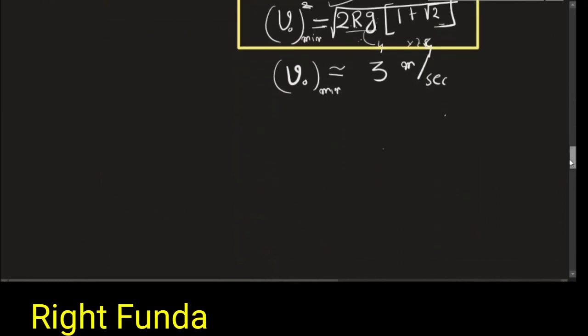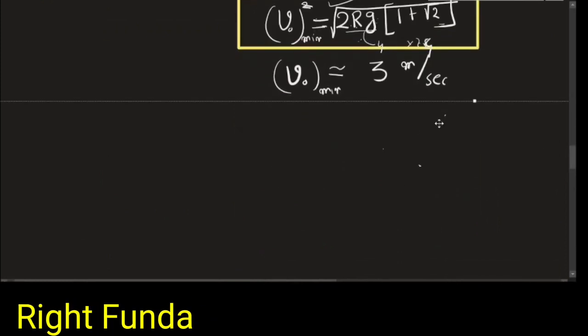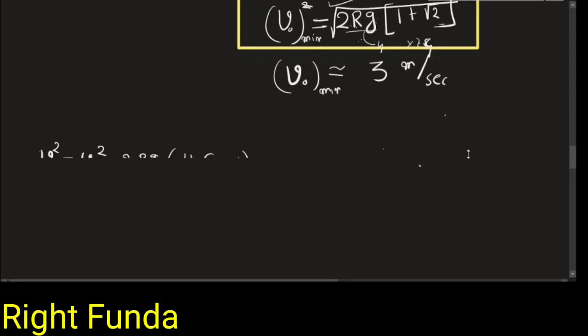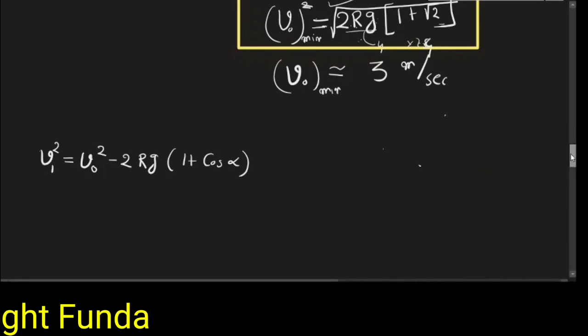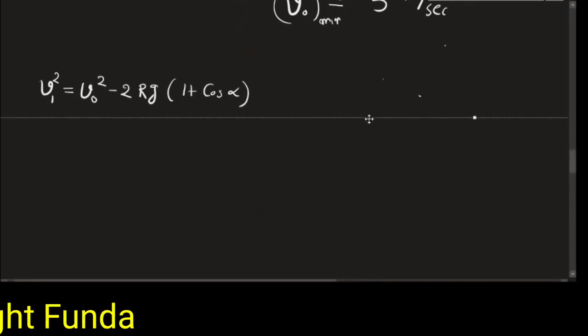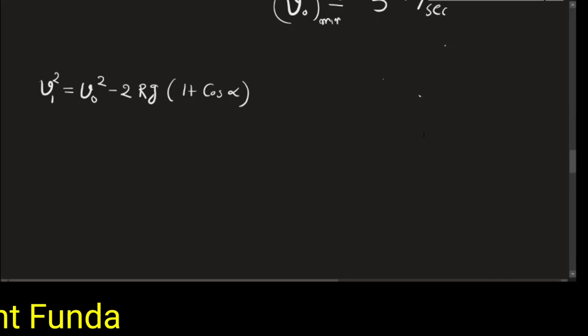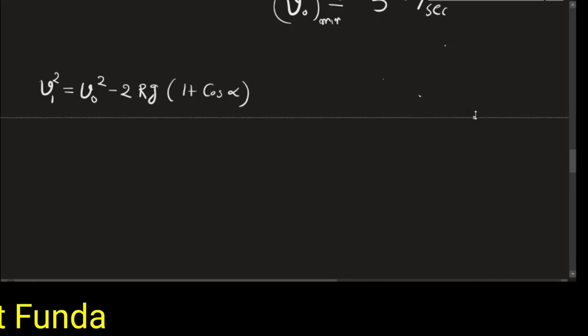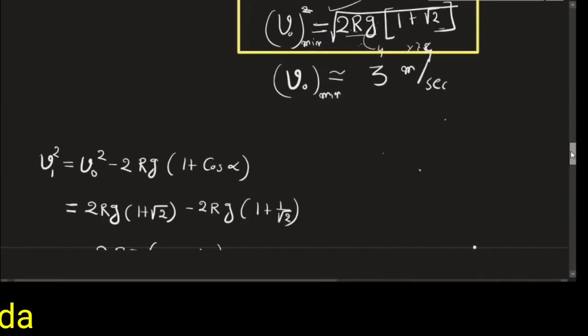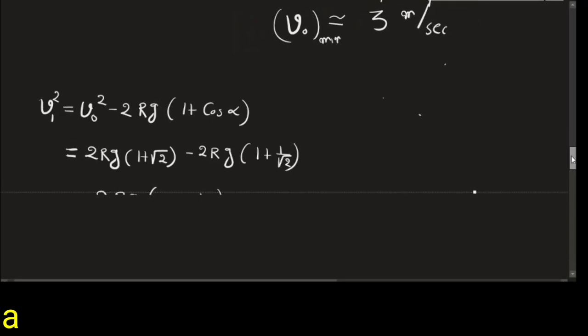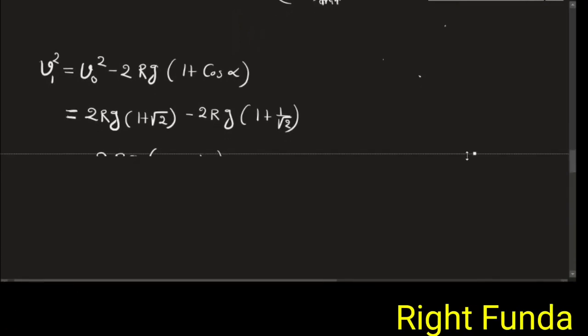Okay. So if a question is asking what is the angle of projection, to calculate that, v1 is required. So how will we calculate v1? v naught I obtained, so v1 can be calculated. v1 square is equal to v naught square minus 2rg cos theta. That relation we obtained. And in this relation, we put the values of v naught that we obtained: 2rg into 1 plus root 2 for the minimum value. We put 2rg into 1 plus root 2 here, the whole square. And this is equal to 2rg into cos alpha, whose value we will substitute.